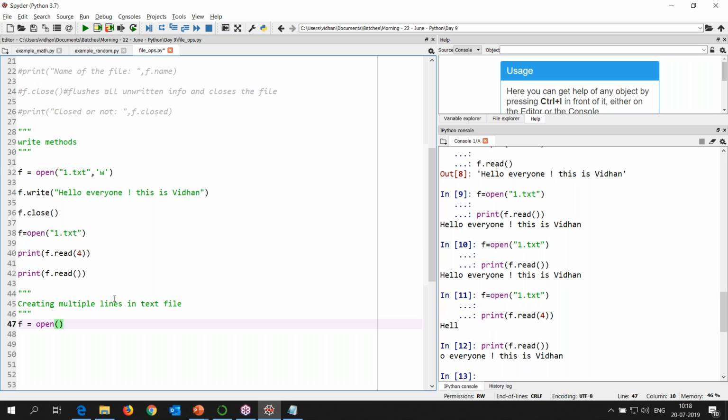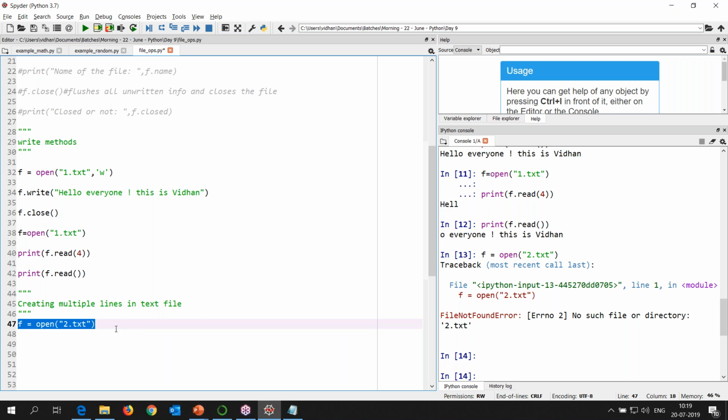Say you have a file which is not there. If I want to open a file which is not there, 2.txt, then Python is not going to read it, because it's not there: no such file or directory, 2.txt. Now this is your read-only mode. But if you do the same task in a write mode,